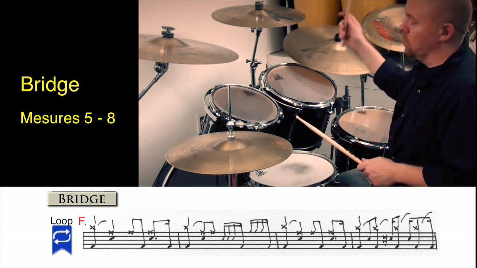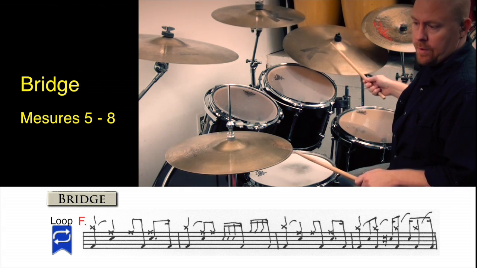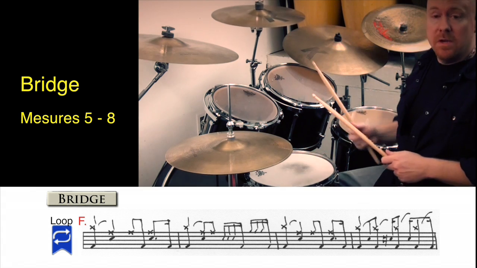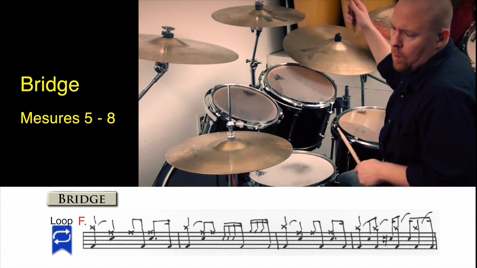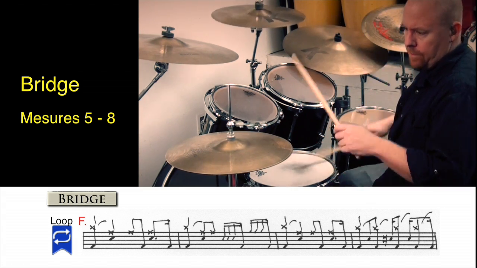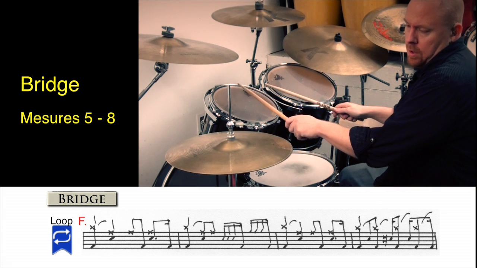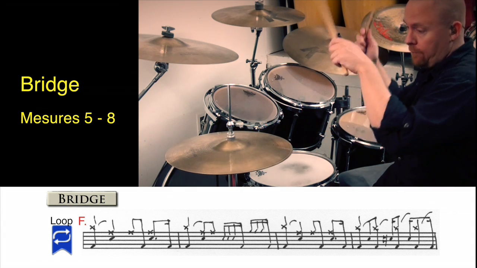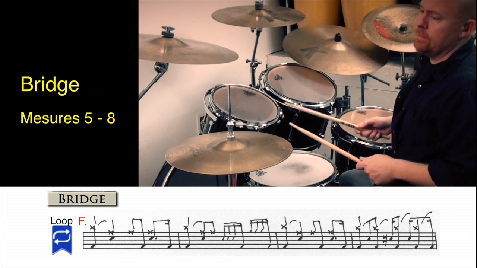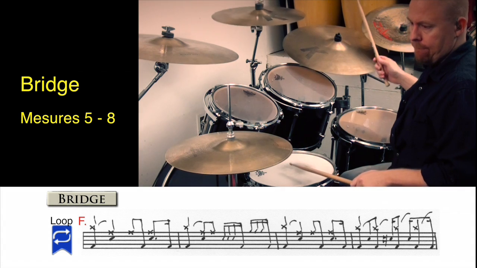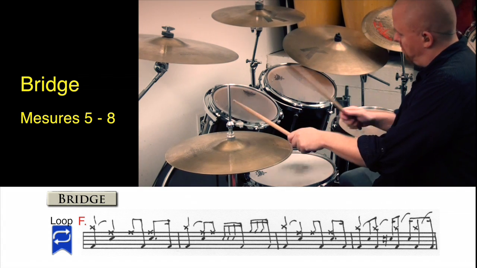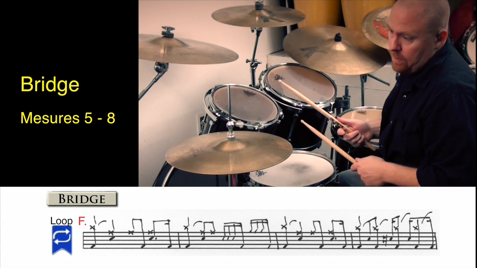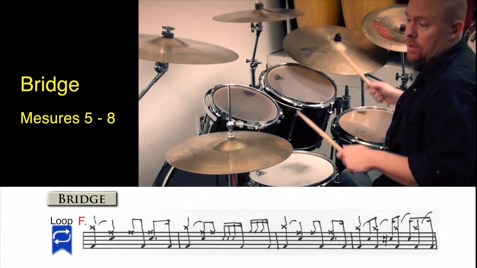So first measure is... next measure here is going to get played, and you'll notice that bass drum at the very end. So 3E and 4E, right? So that will propel us into measure 3. That is a crash, so